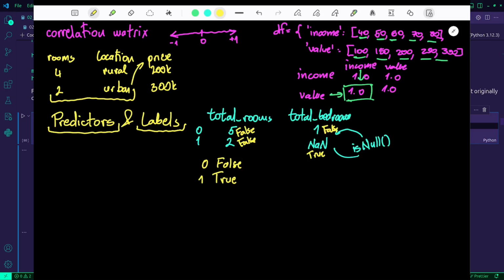Can I do sum? Yes. How many do I have? I need to print them. With this, we'll see how many rows actually have null data. 168. 168.